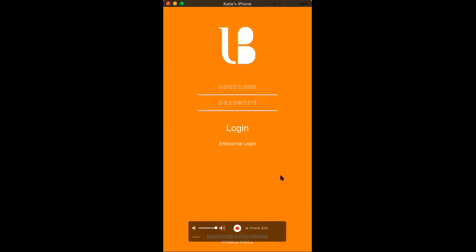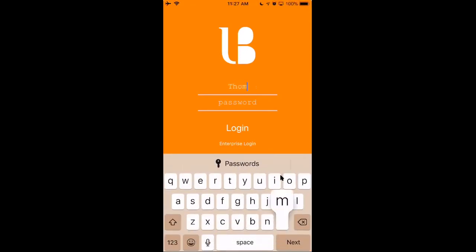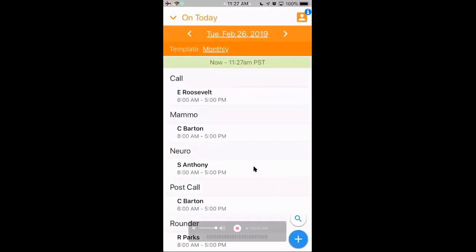All right, so to begin our demo, I'm just going to log in as a provider. So Thomas Jefferson is our provider. So you log in with the same credentials that you use to log into the web application. And when you log in for the first time, you'll be directed to the On Today view that you see here. As you can see, it's in a scrollable list, so you would have access to this default Who's Scheduled On Today. You see the time at the top,